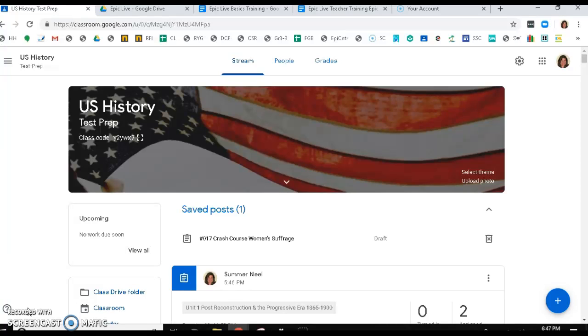Currently, in the stream, students have the ability to comment and post on any assignments or any discussion boards. The Epic Live team has determined that best practice is to go ahead and turn that off. So this tutorial is going to show you how to reset the stream so that students cannot post or comment